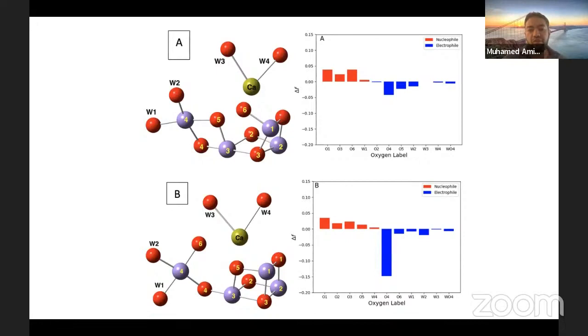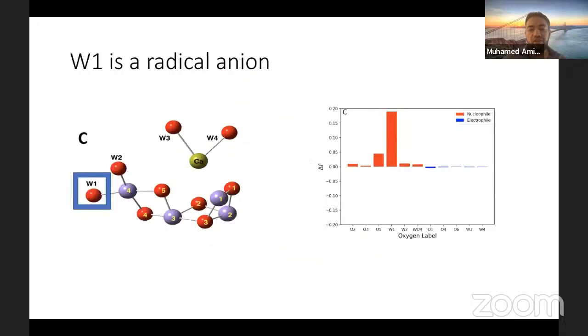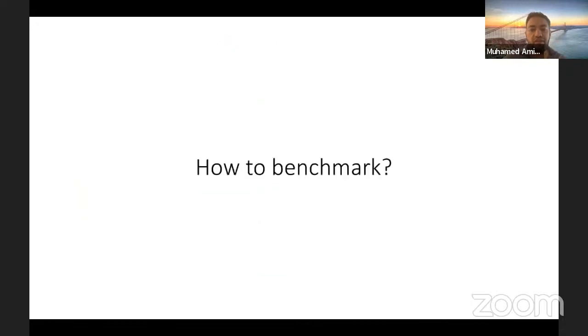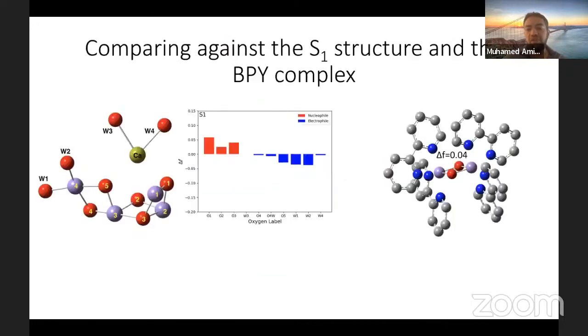But we also compared the S3 against the stable S1 structures, and here we didn't see much difference. Meaning that this structure is very stable, thermodynamically stable, and this means that you need to do other structural changes before forming the